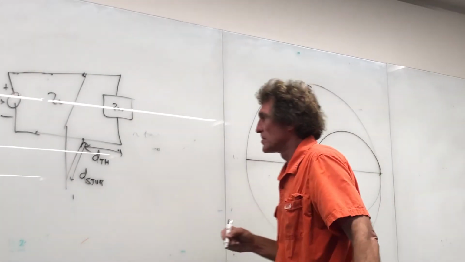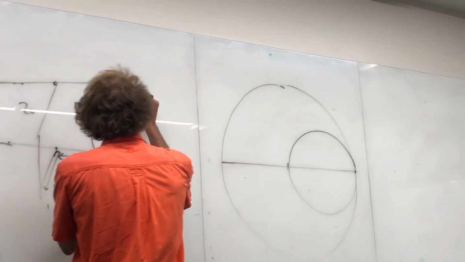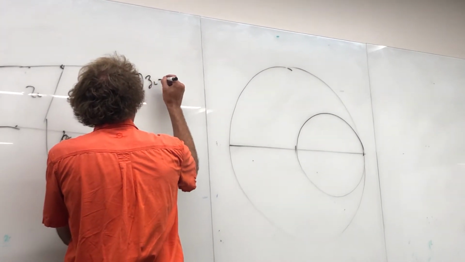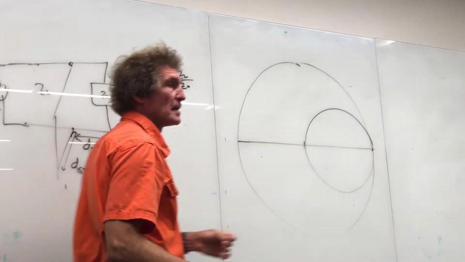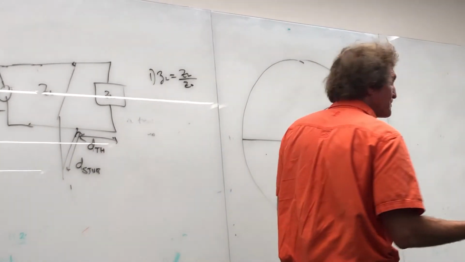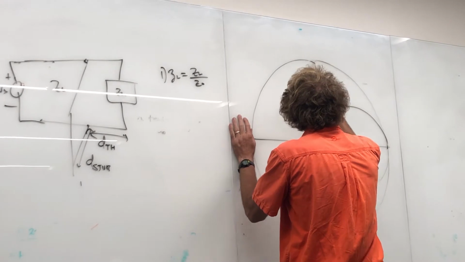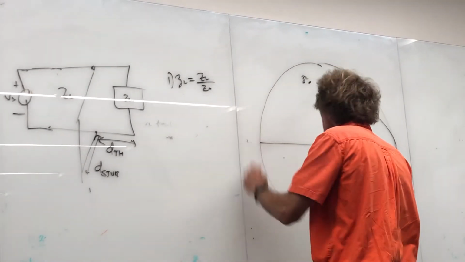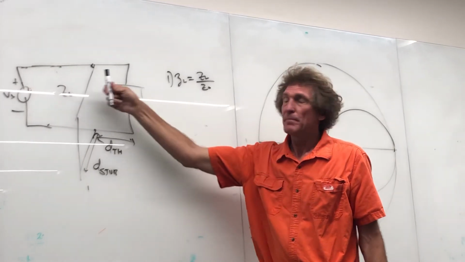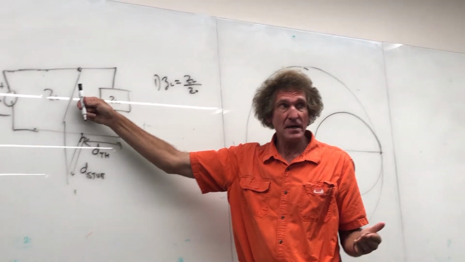The first thing you do is find the normalized ZL, and that's ZL divided by Z naught, and you plot it. And I'm gonna just pick a point right here. So that's my ZL. Now, because we're adding in parallel, I know if we're gonna add anything in parallel, we